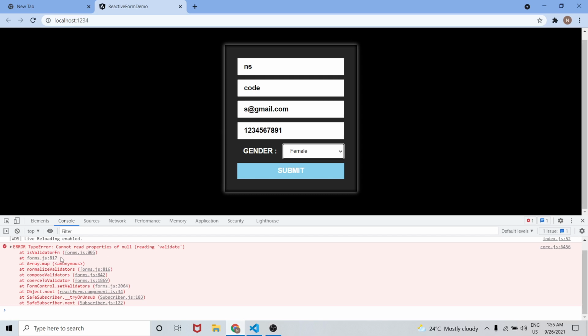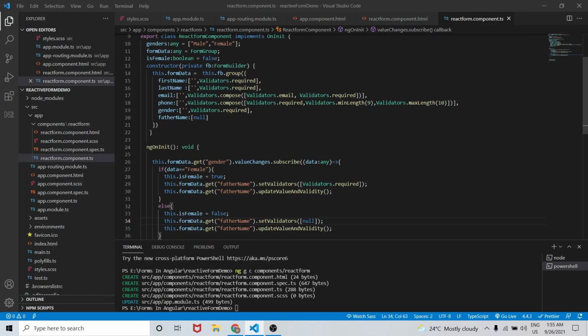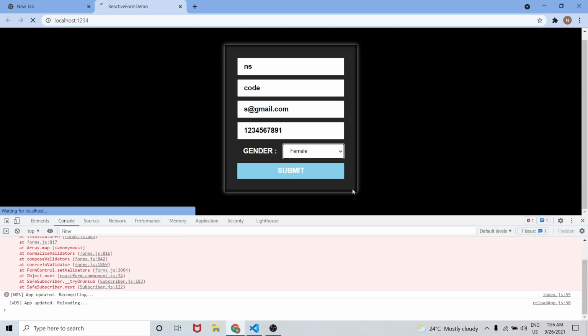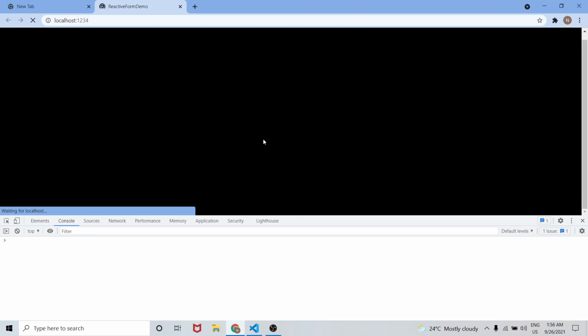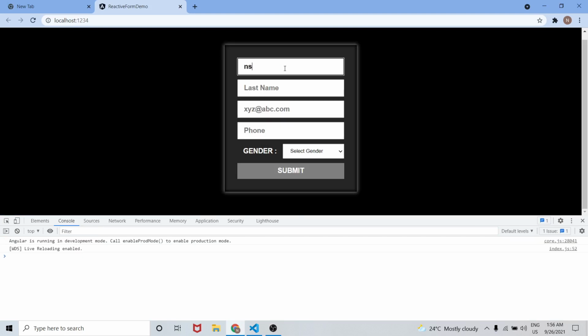We are getting some error in the updateValueAndValidity function. So let me check the code here. I guess we need to remove this. Yeah, let me check this. Let me check once again. So ns code and ns@gmail.com.